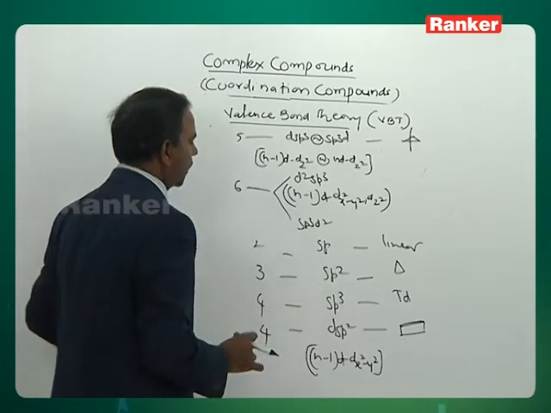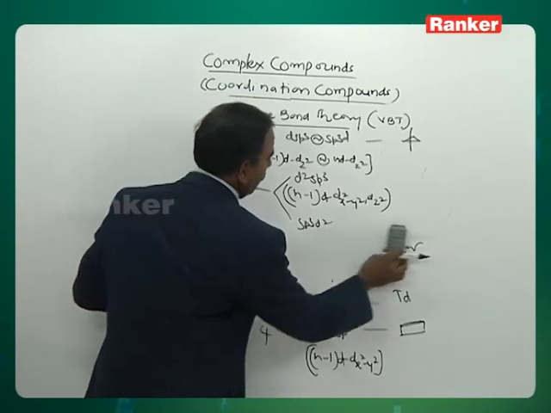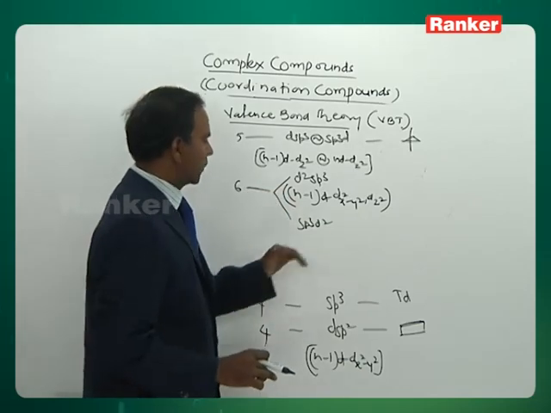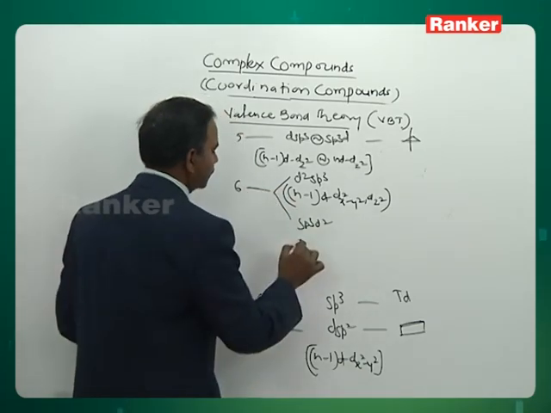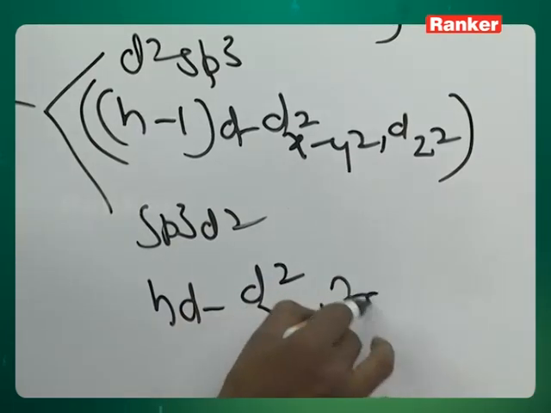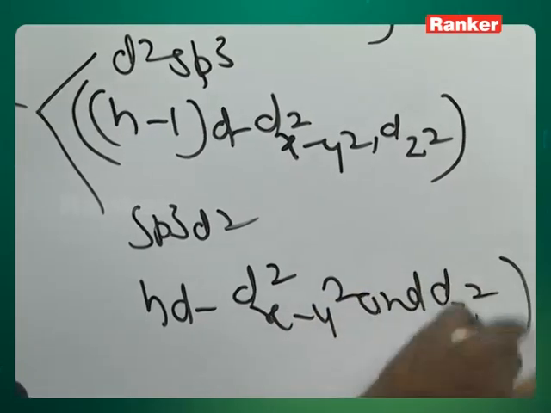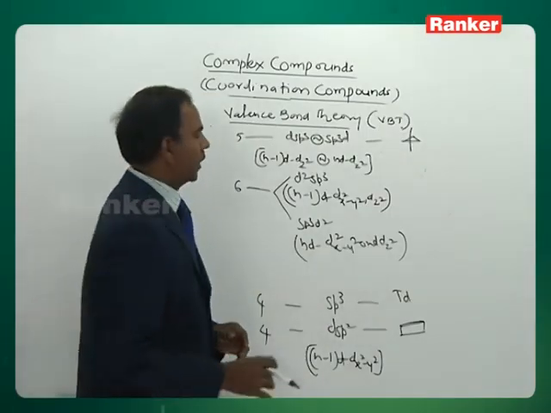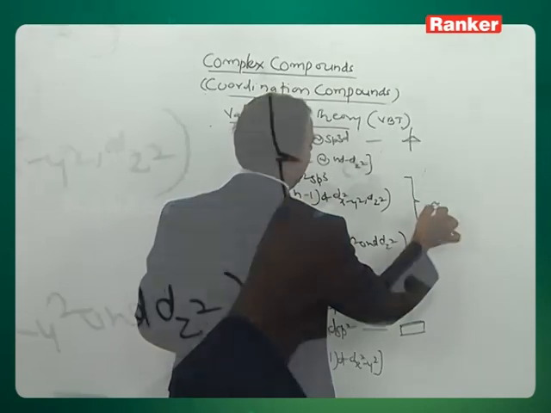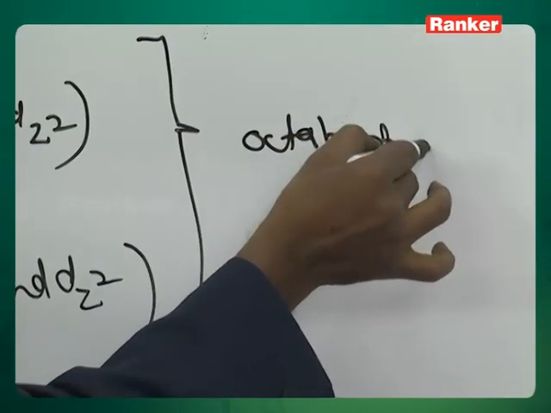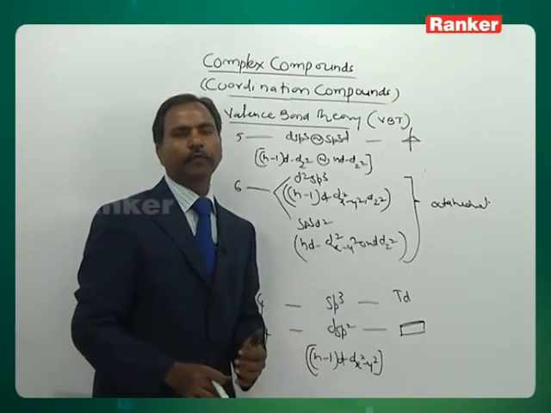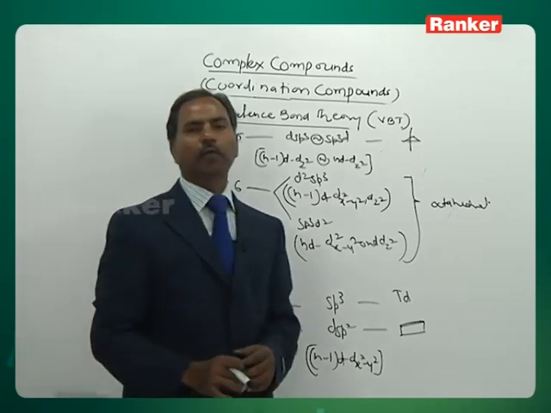Once you talk about outer orbital complex or sp3d2 outer orbital hybridization, it is d2 inner d orbitals, sp3d2 outer d orbital. Outer d orbital we represent like this, nd. This will be dx square minus y square and dz square. Whatever it may be, inner or outer, the geometry of the complex is what? Octahedral geometry. Like this, based on coordination number and hybridization, we can decide the geometry of a complex according to valence bond